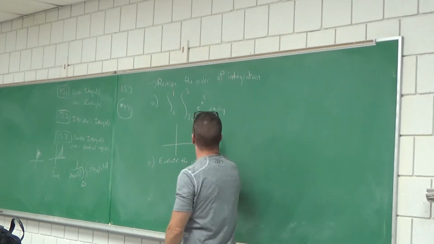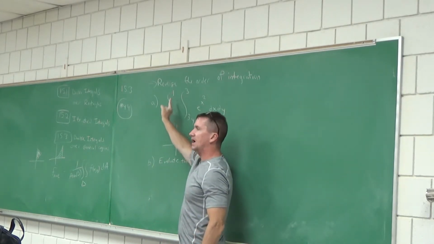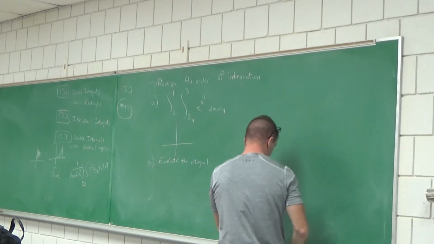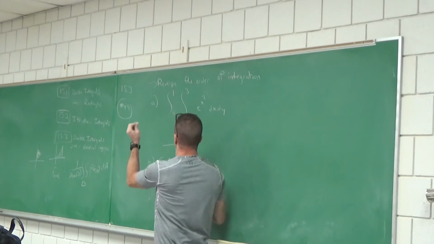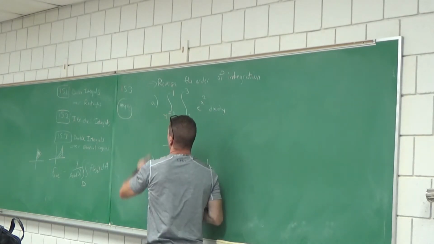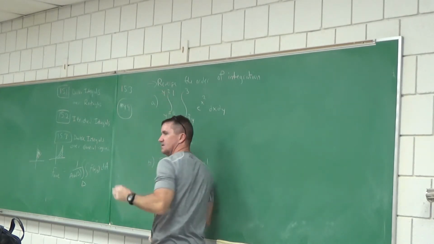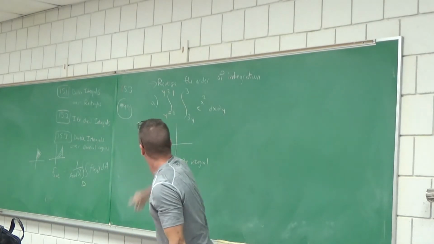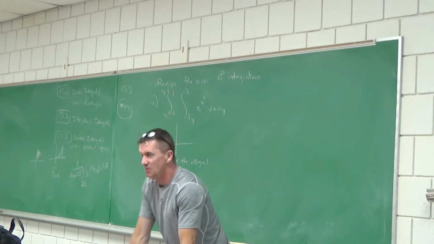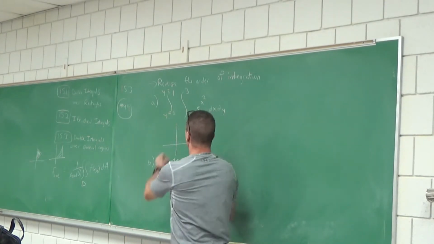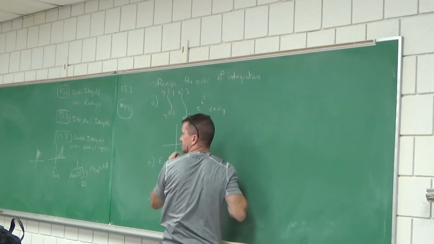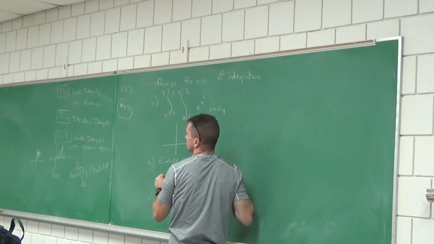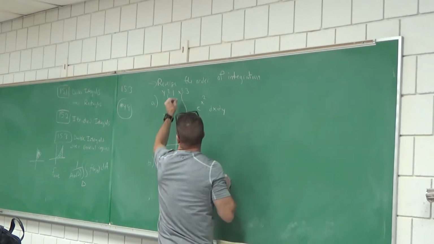Start out. These numbers, are they y's or x's? Let's mark this up. They're y. So your y equals 0 and your y equals 1. What are these? Oh, your x, and this is an equation. You're a curve. And your x equals 3. That's a line. What I need you to do is shade the region